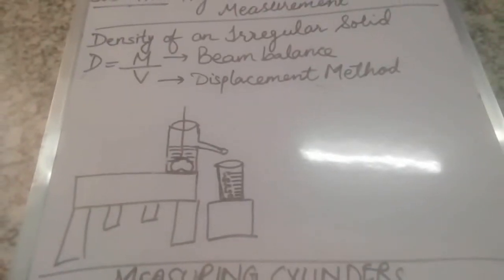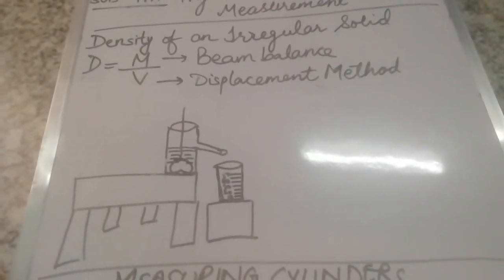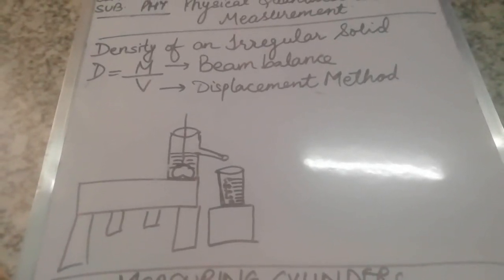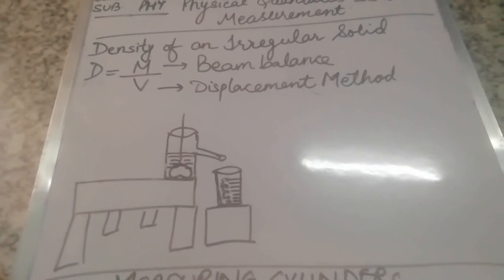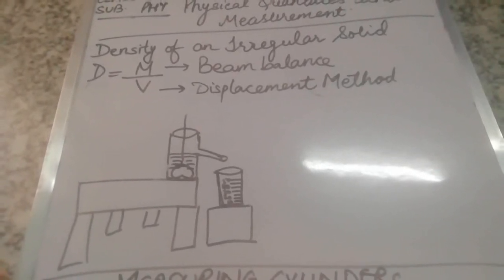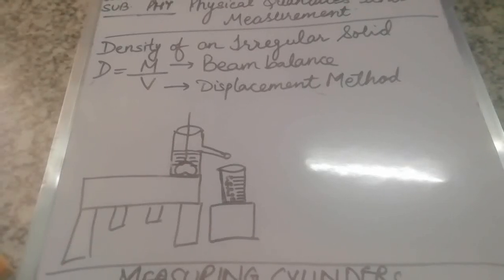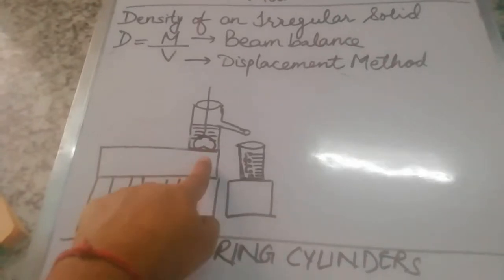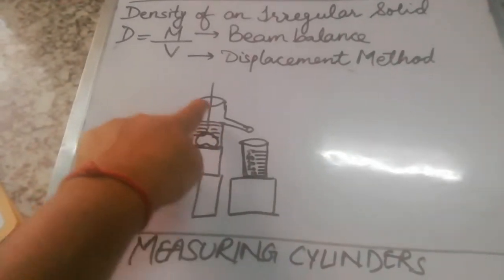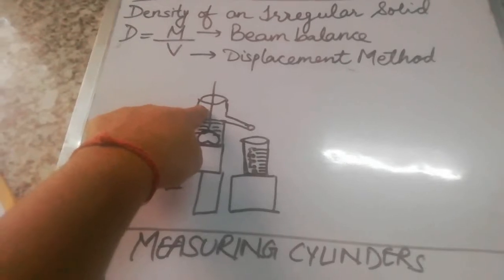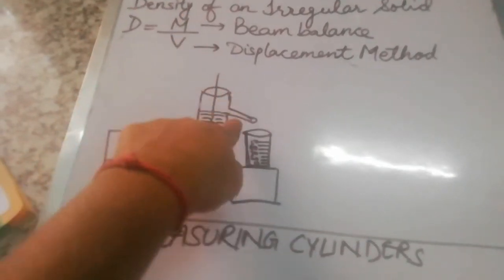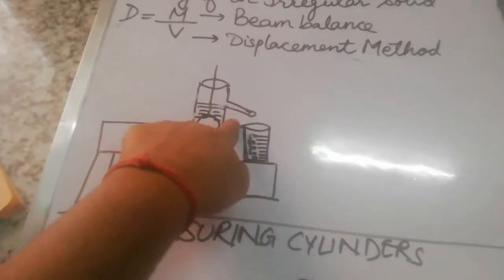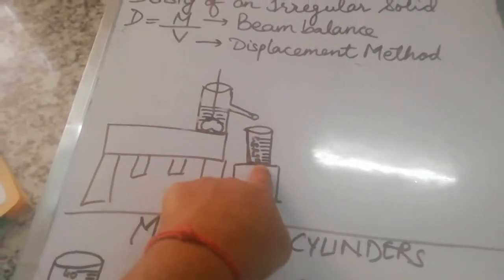When we immerse the stone piece inside the Eureka can, what will happen? The level of water will get raised. As soon as the stone piece is immersed inside the water, the level of the water will rise. As the level rises, the water starts pouring out from the spout. As soon as this stone piece gets inside the Eureka can, the water will rise up till this opening, and it will not go above it. But the water will start coming out from this spout and start filling this measuring beaker.